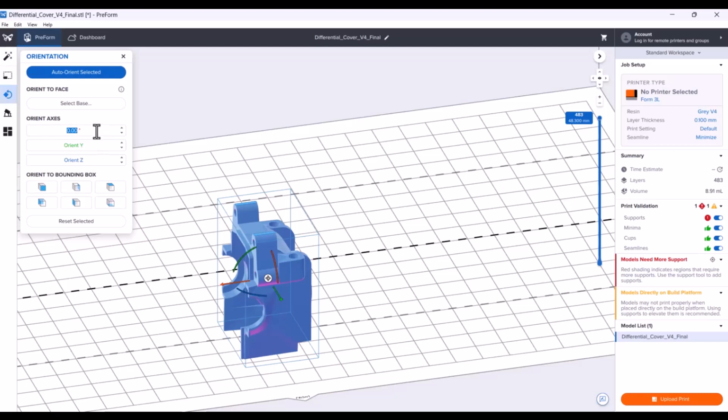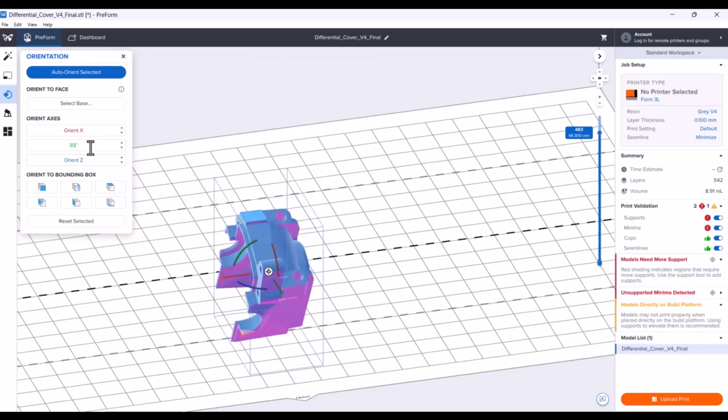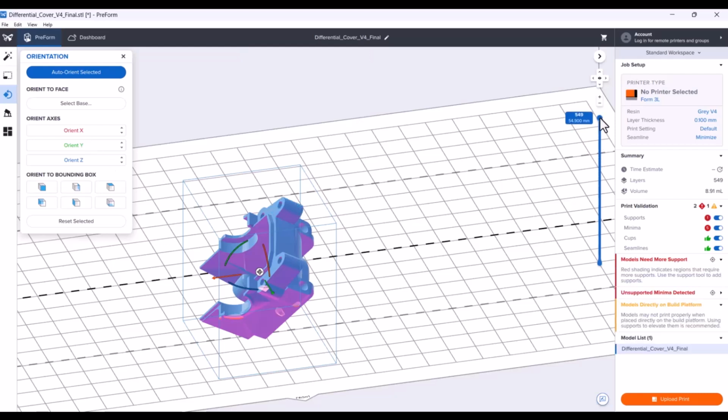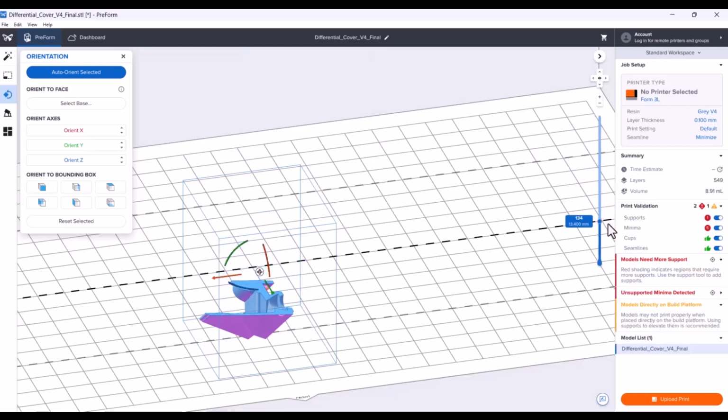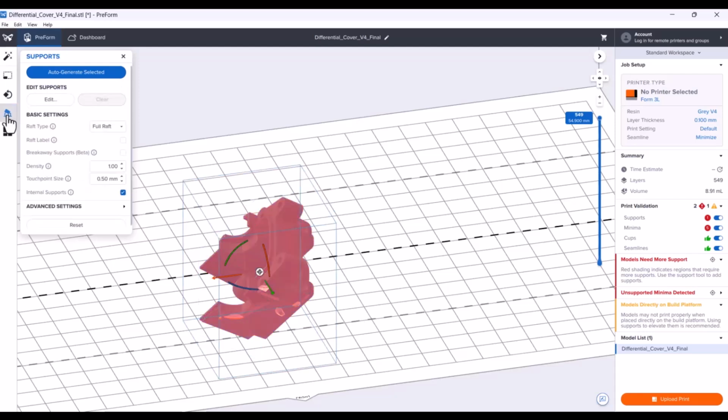So for the X axis, we'll set it to 30. And for the Y axis, we'll do the same. Now this part maintains a really good, kind of thin cross-sectional profile, so I'm not too worried about it from there. And that's not really the reason why I'm orienting it like this, but mostly because it's what kind of guarantees